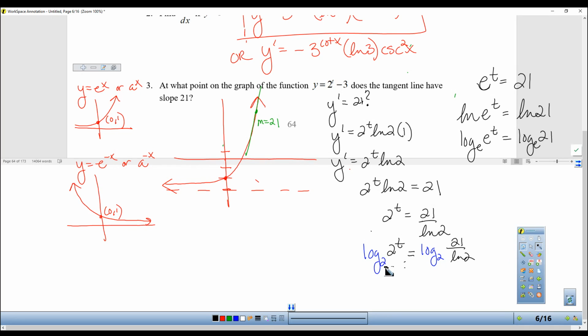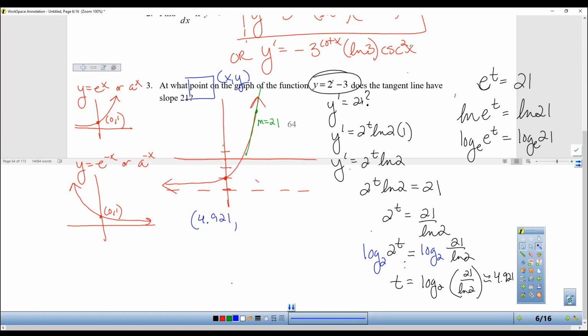So log base 2 of something with a base 2 cancels out, and you get this horrible, messy thing, which if you typed it into your calculator would be approximately 4.921. All right, so I know we've already worked pretty hard on this problem, but we're actually not quite done. It does say at what point on the graph. Point means you do need the x-coordinate and the y-coordinate. So we have found the x-coordinate,